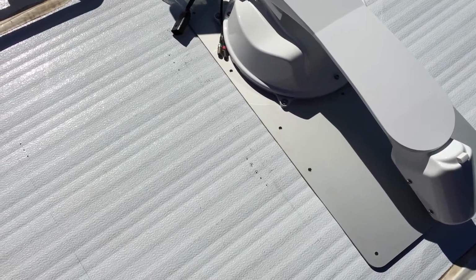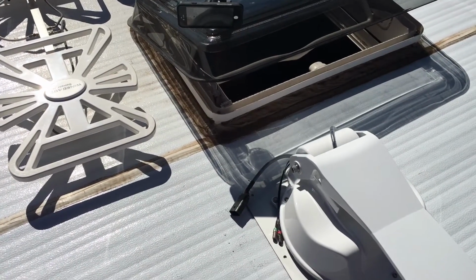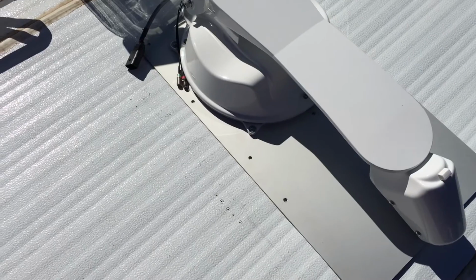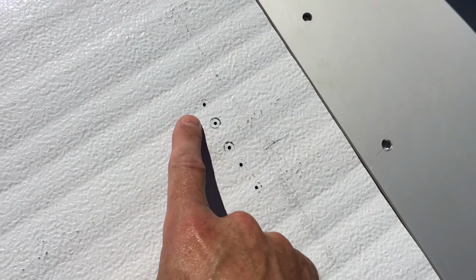Okay, so I'm now up on the roof of the caravan, and what we've done up here is we've measured, there's the skylight that was inside. We've got the sphere mount on the roof here with us, and what we've done is we've got up on the roof here and we've marked out where we think the battens should be, and then we've drilled some test